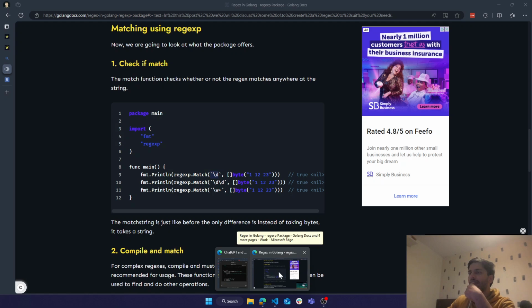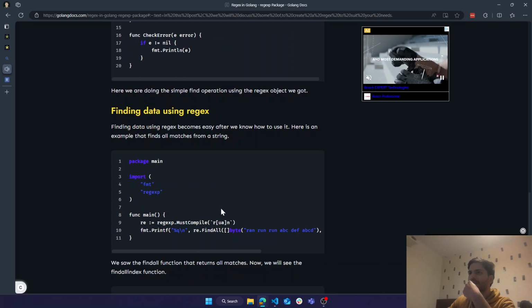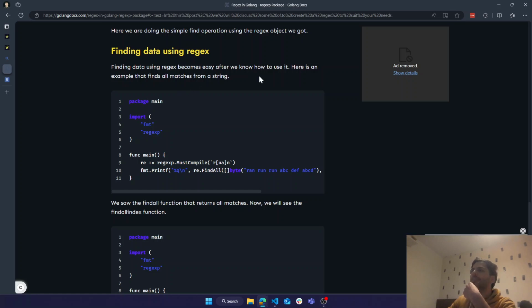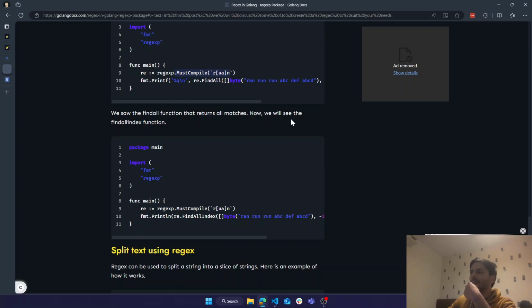I want to match, but I don't think so. Compile, match, find all. I think that's the way around. Finding data using regexp becomes easy after we know how to use it. When is it doing the MustCompile?